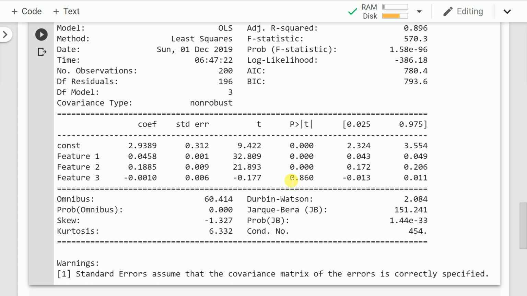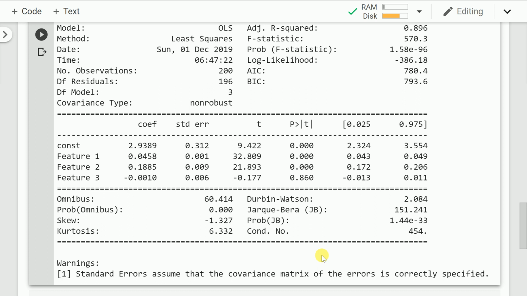If your p value is greater than 0.05, you fail to reject the null hypothesis. So in our case, we fail to reject the null hypothesis, which is that the coefficient of feature 3 has a value of 0. So essentially feature 3 is irrelevant in our linear regression model, and we can also drop it and not use it later on to make a prediction.